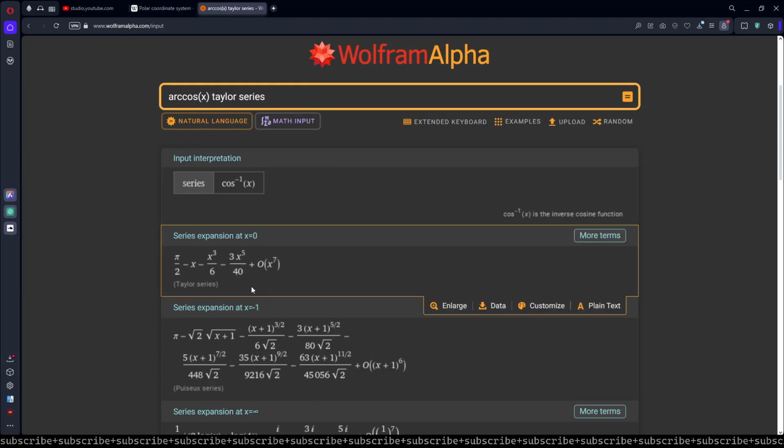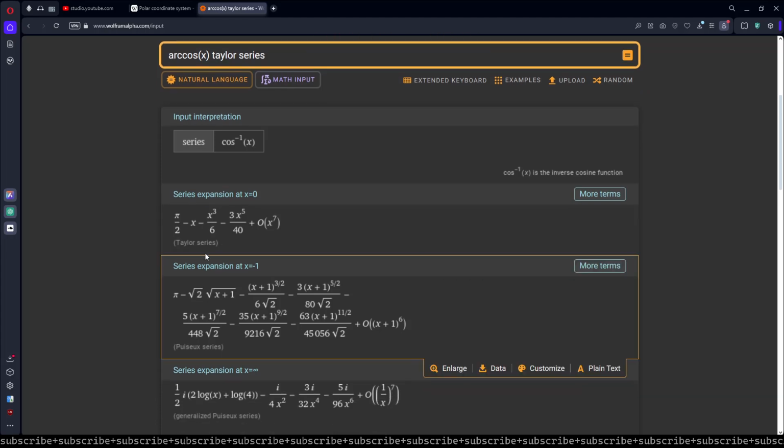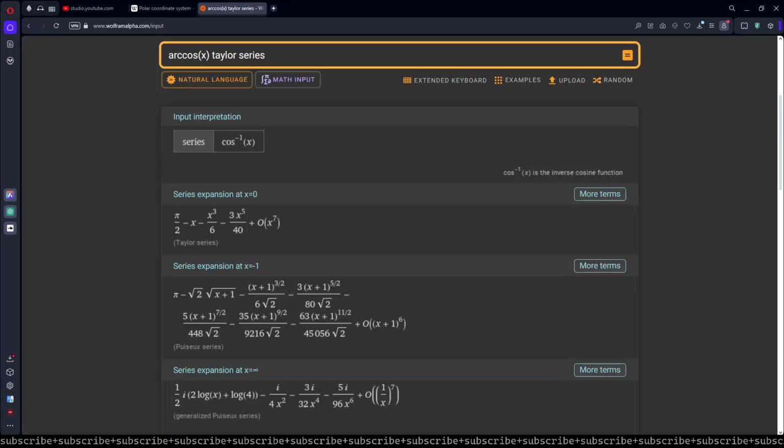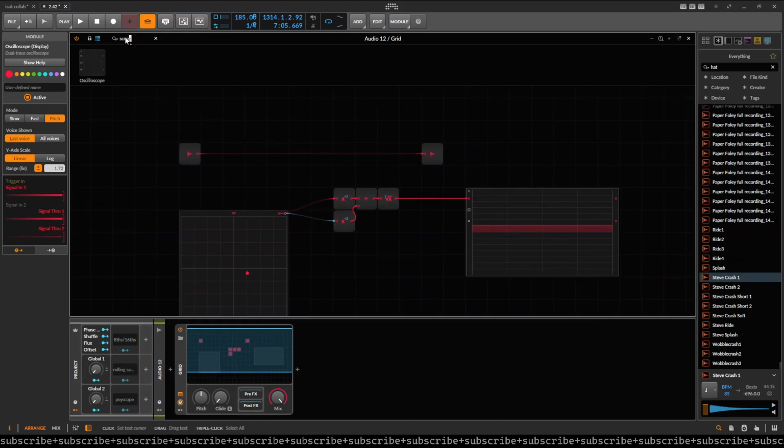So basically what we want to do is create this, because this is something that we can recreate with grid modules. Now, this isn't going to be precise, but for most values this is going to be pretty good. If you're a mathematician you won't like this, if you're a physicist or engineer you won't care, this is perfect. So first of all, let's get our pi over 2. What we do for that is we just get a constant, and I'm gonna do another awful thing here